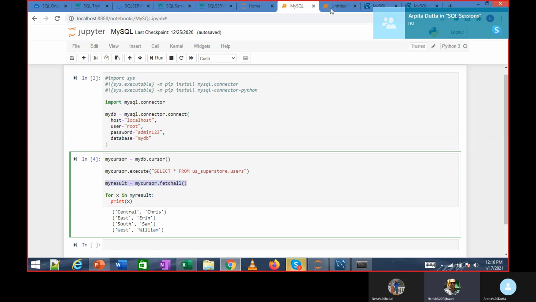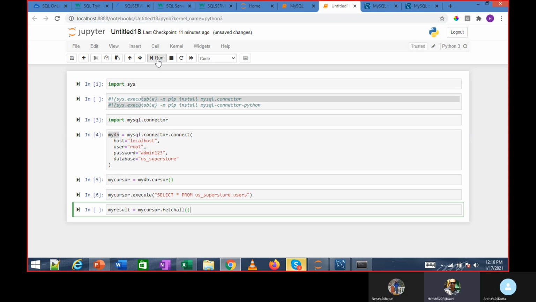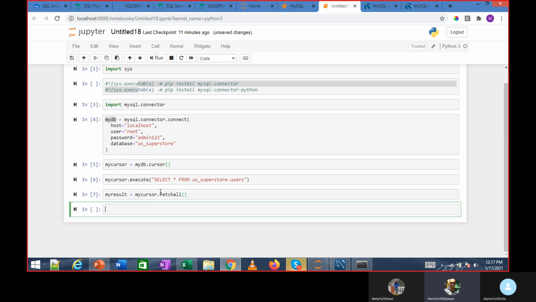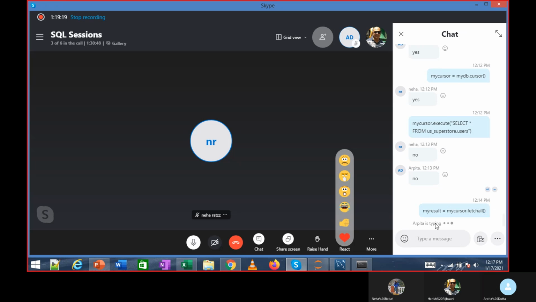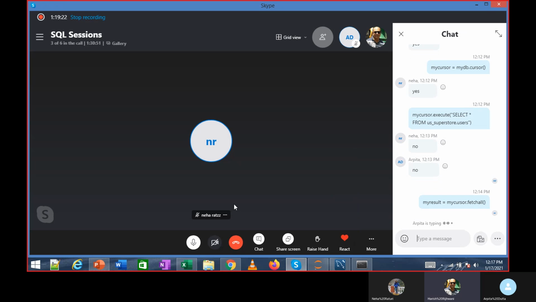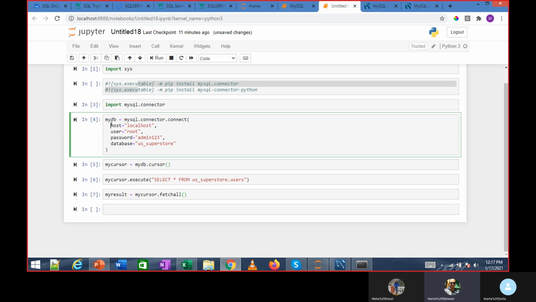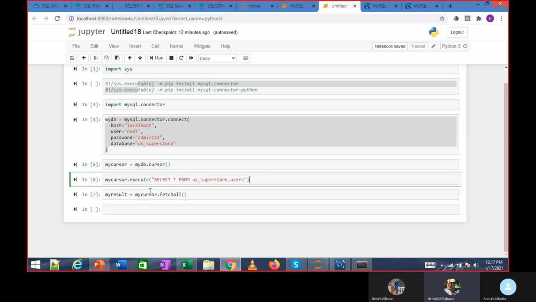The next step is you're going to write one more line, my result. So whatever is there in the cursor is fetched into my result. Okay, these are basically very basic steps in terms of how do I connect to a database. You need to have a connection string and you need to have a cursor which is going to be executing. Within this cursor is your select statement. You can make changes to this, however you write the select statement, you can write that over here within these double quotes. Okay, that is how it works.